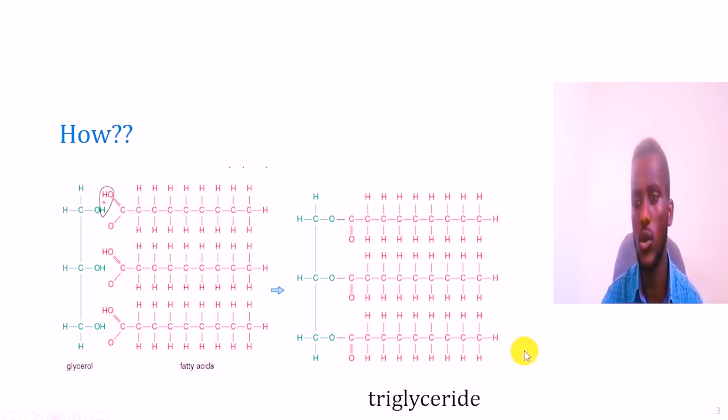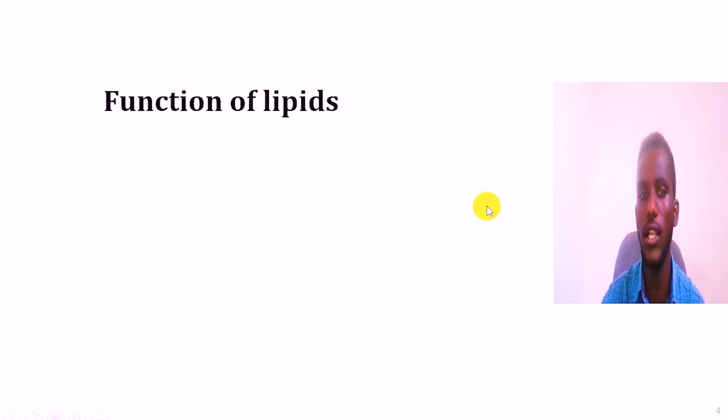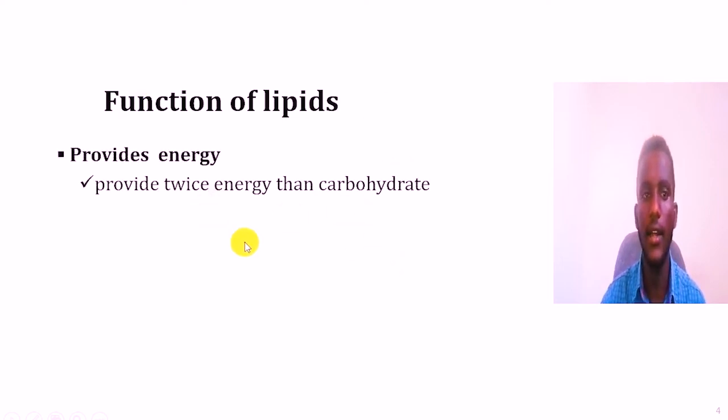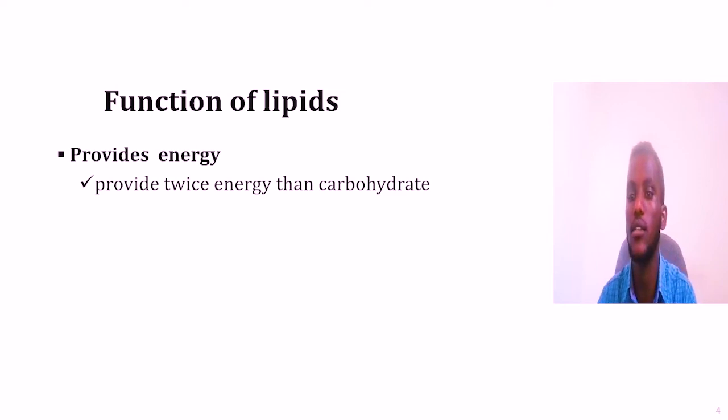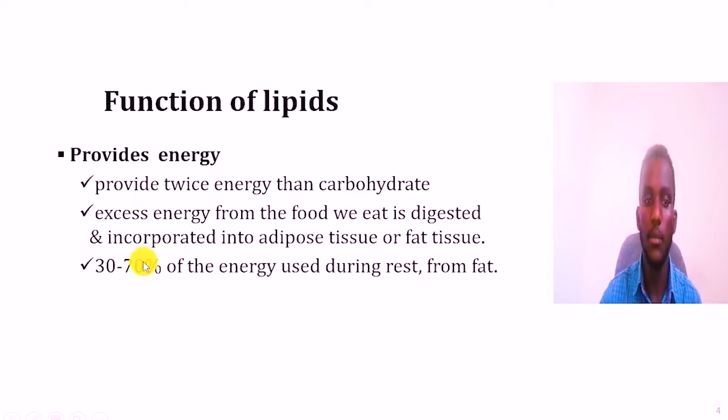So let's see the functions of lipid. ምን አይነት ፋንክሽን አለው ወይም ደግሞ ሮሉ ምንድነው ስንል፣ ፋንክሽኑ የሊፒድ በጣም ብዙ ነው። ለምሳሌ ከዚህ ውስጥ ለማየት አንደኛ, like the carbohydrate which is important for providing or giving energy, ልክ እንደ ካርቦሃይድሬት ኤነርጂ ይሰጠናል። ከካርቦሃይድሬት የምናገኘው ኤነርጂ ፋት የሚሰጠን ሁለት እጥፍ ነው, that means the energy that can be obtained from lipid is equal to 2 times the energy produced by carbohydrate። ስለዚህ ሁለት እጥፍ ይበልጣል ማለት ነው። ለምን ስንል, basically that is excess amounts of energy, that means when the food that we eat much amount of energy በአዲፖስ ቲሹ ወይም ደግሞ ፋት ቲሹ በምንለው ስቶር ስለሚሆን ነው ማለት ነው።